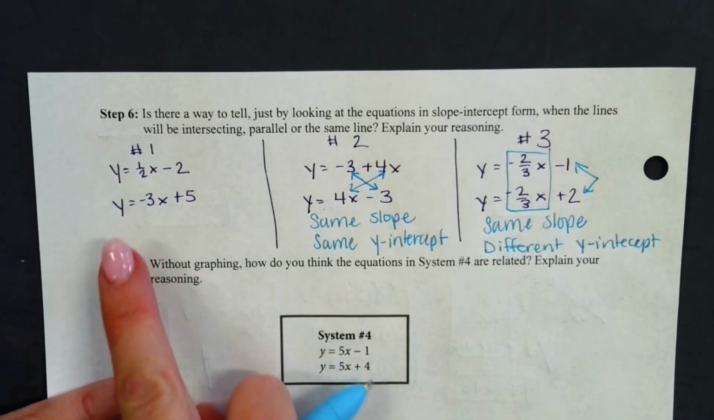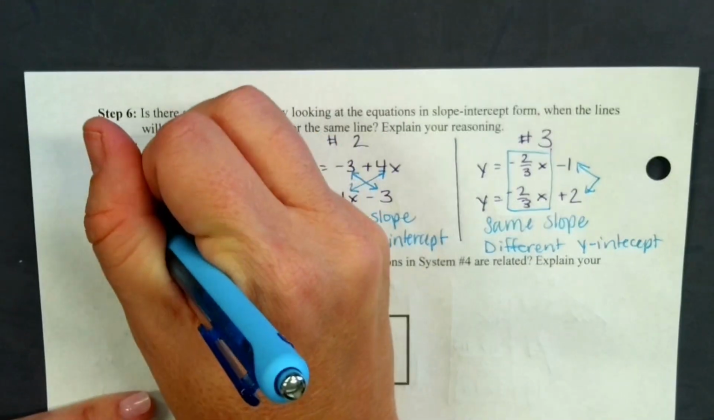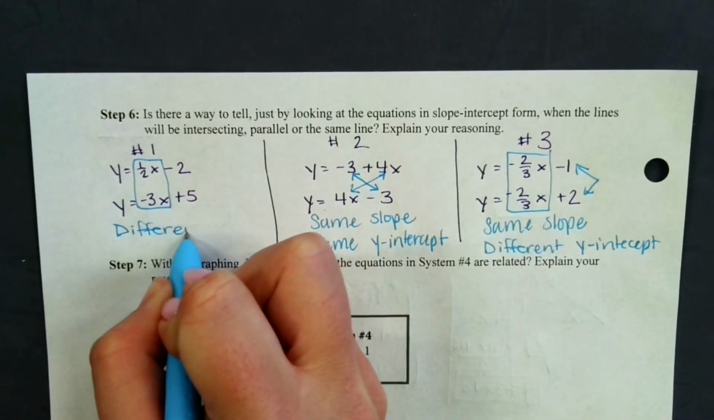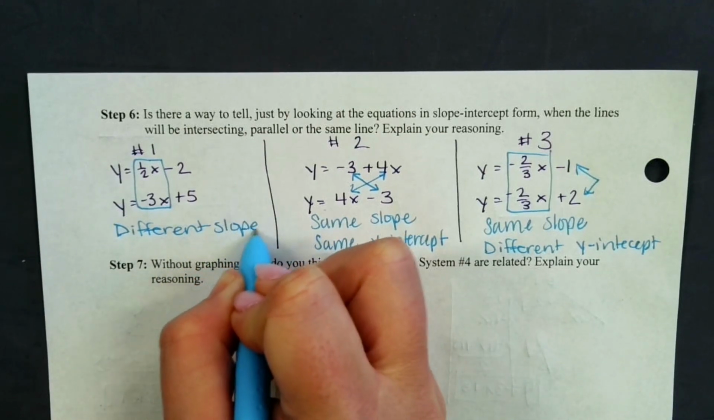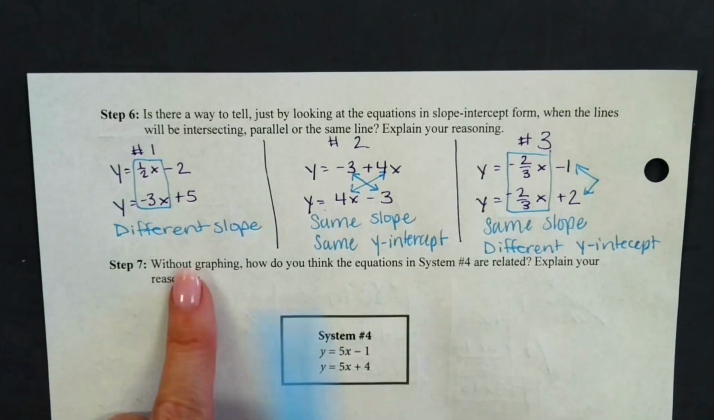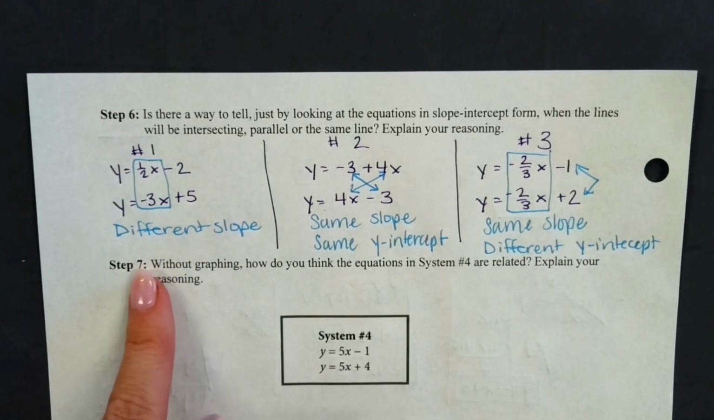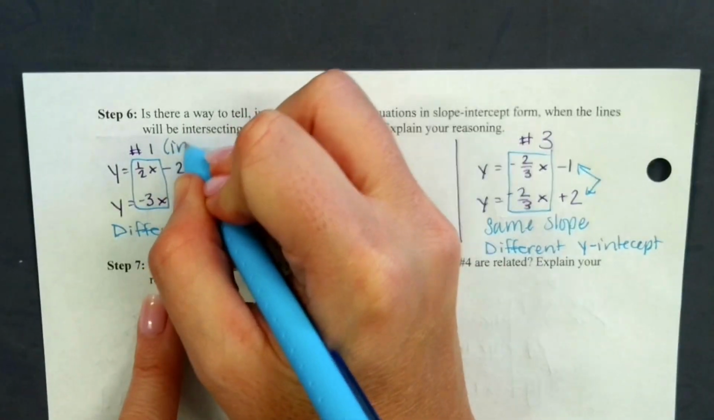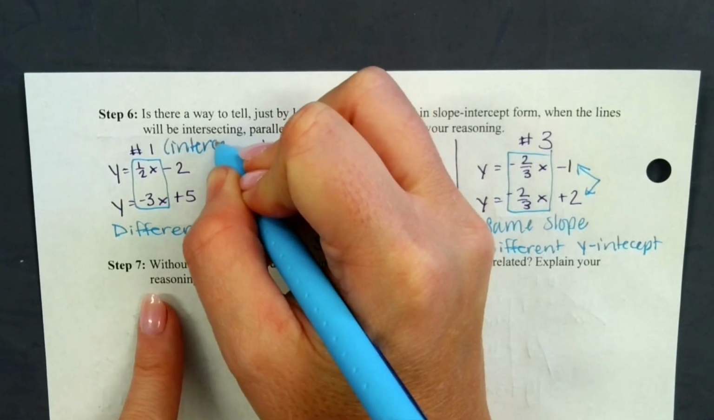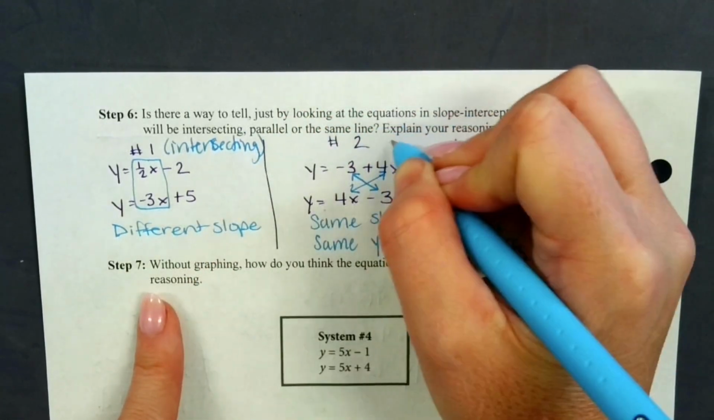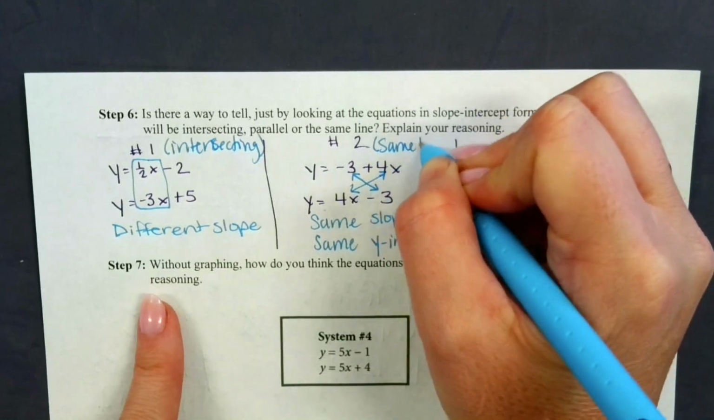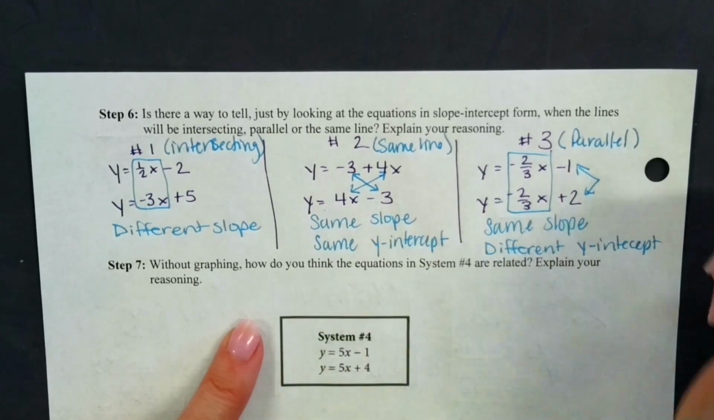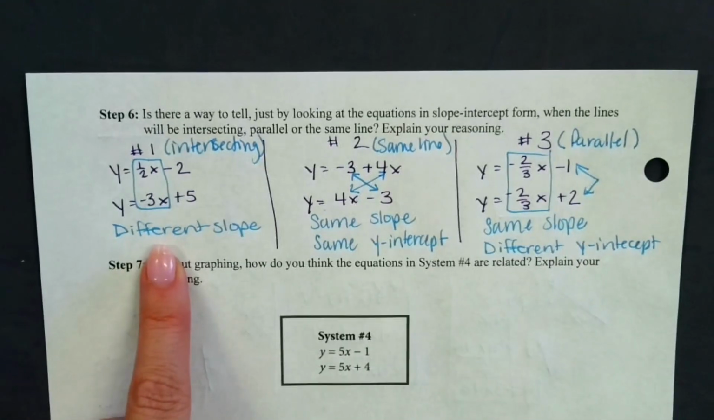Now let's go back and look at intersecting. What do you notice about the slopes? Okay, I'm going to stop right there just because what's the only one that's going to have different slopes? Intersecting. So automatically, if they have different slopes, I know that it is